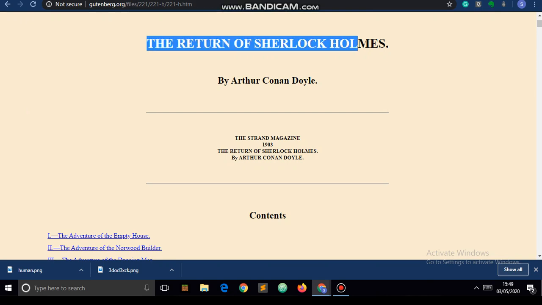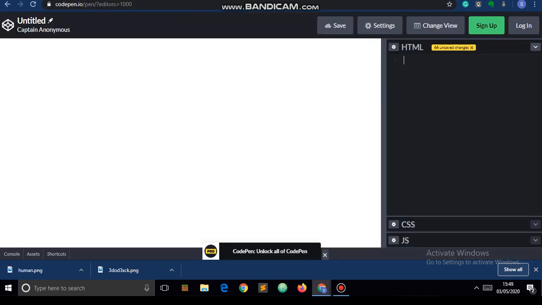So first there is a heading element, The Return of Sherlock Holmes, starting with the h1 heading element because this is the boldest one.